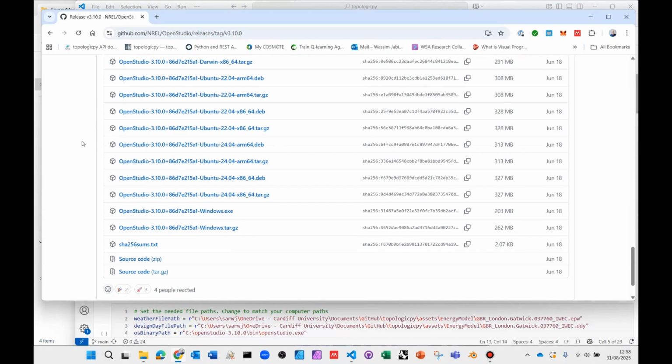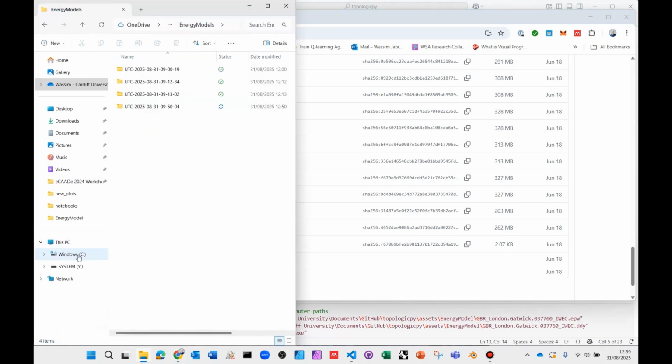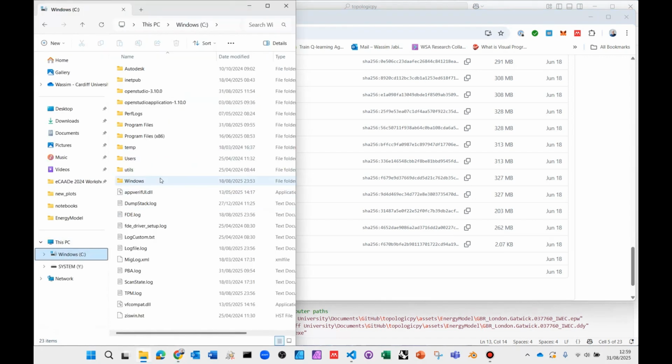you can download for your own computer, whether you're using Linux or Darwin, if you're using a Mac OS, or I'm on a Windows machine, so I would download this one and run it to install the software. Usually, and I'm just going to assume you have a Windows machine for now, of course, customize it for your own OS, but on Windows, it will install it under the C drive. So if I go to my C drive, you'll notice that I have OpenStudio